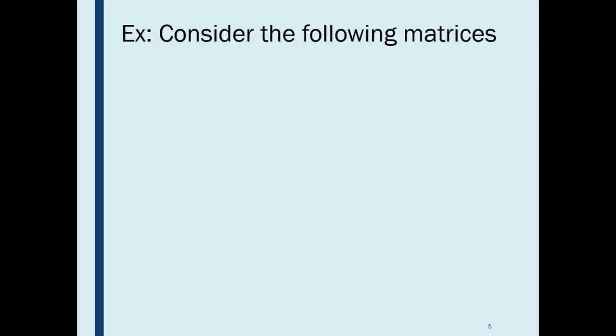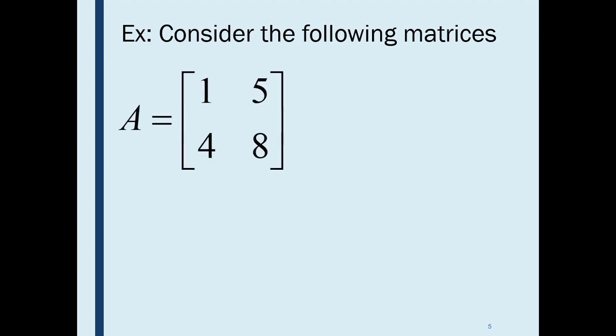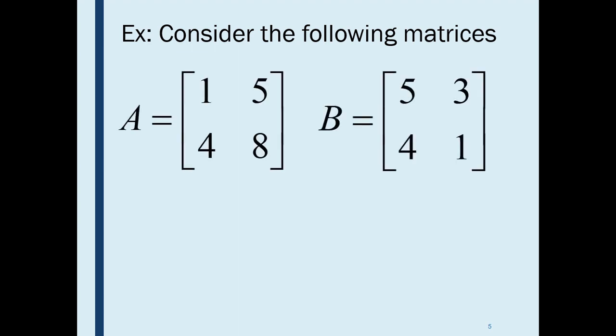Let's move to example. Consider the matrices given here as A and B. Then what is A plus B? See how to get the answer for A plus B, adding corresponding elements together. First, check whether two matrices satisfy the condition to be added. Order of matrix A is 2 by 2 and order of matrix B is again 2 by 2. Therefore, both matrices have same order, then addition can be performed.